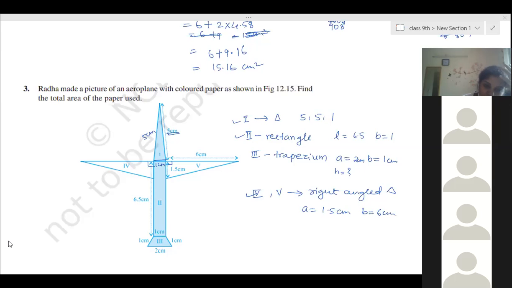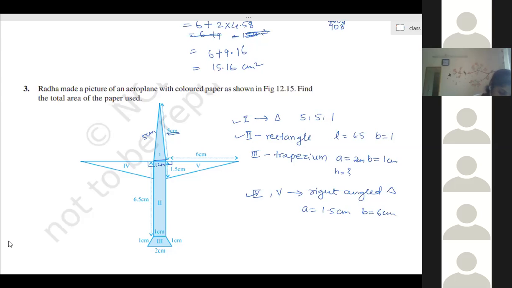Yes, you have to simplify. The denominator is 16, so 16's square root is 4, and 4 is in the denominator. And 99, the numerator, is 11 into 9. 9's square root is 3, and 11 remains inside the square root. So I get root 99 by 16, that is 3 by 4 root 11. Yeah, 3 by 4 root 11. Yes, ma'am, 3 by 4 root 11.